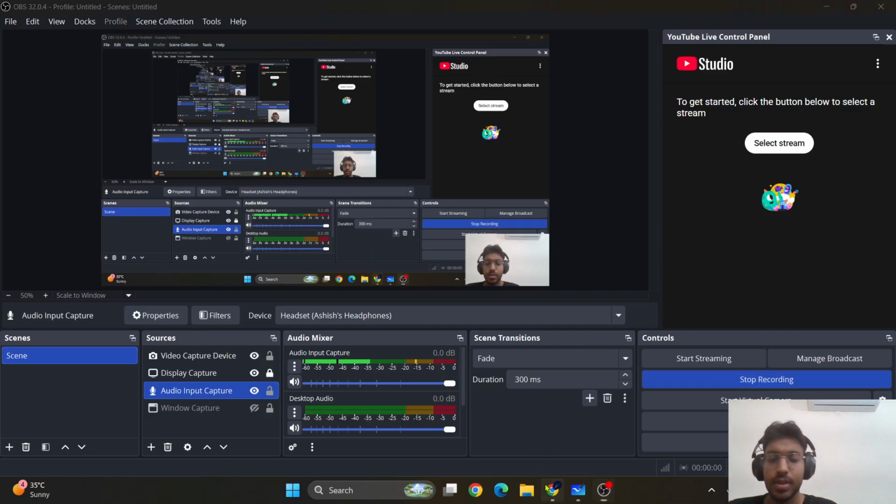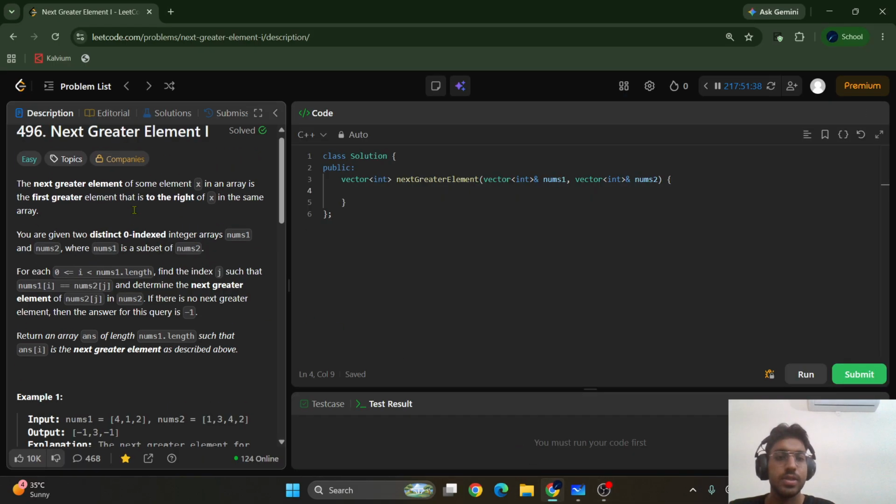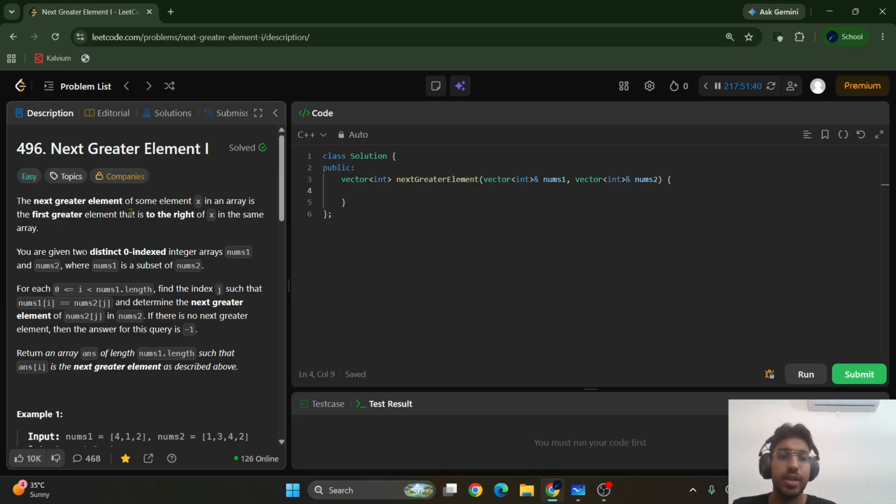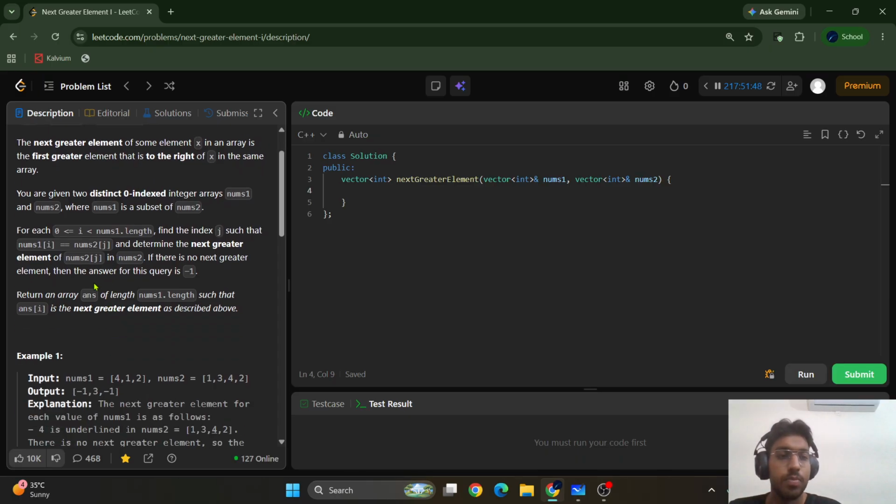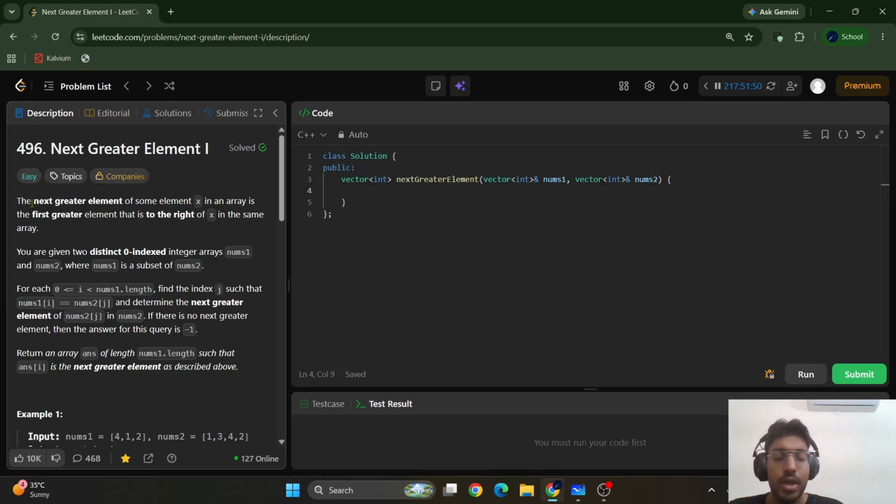So here guys, today the problem that we will be doing is Next Greater Element 1. It is a very popular stack problem. In this problem, we have to find the next greater element of some element x in an array. The element has to be the first greater element that is to the right of x in